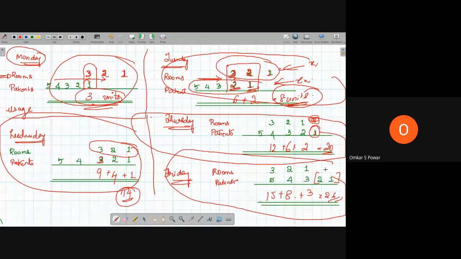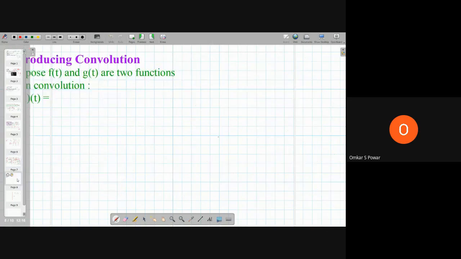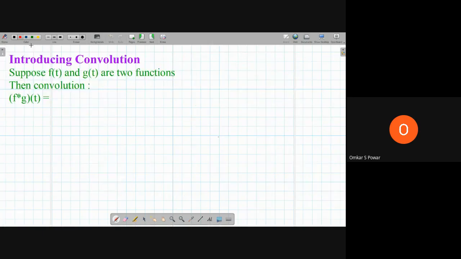I have taken a practical example because you have to get the idea behind convolution. You are an engineer, so your practical application should be there. On that basis I have shown you, in terms of numbers, what convolution is. But the beauty of signals is you can observe the signal and get to know what it is. For some people it is difficult to understand numbers, so they can visualize things.